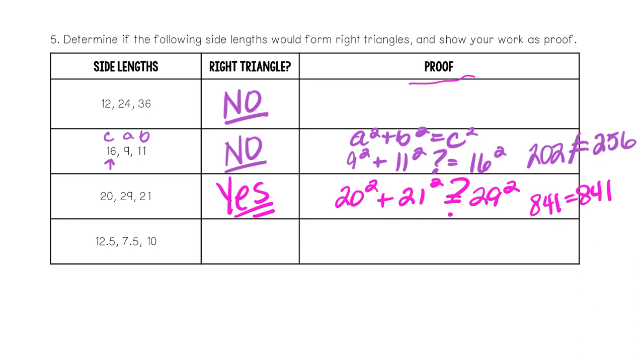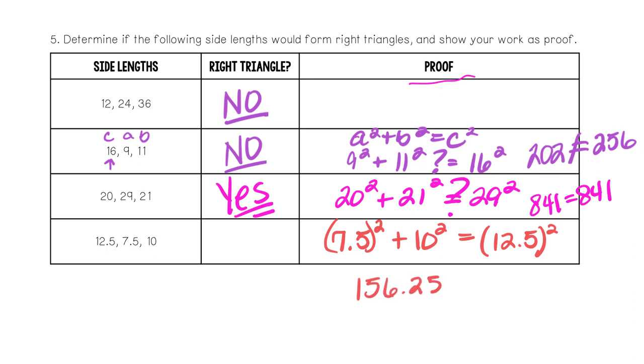Now, last but not least, let's try this one here. Of the three lengths, 12.5 is the longest. So my legs would be 7.5 squared, and I'm going to put that in parentheses, plus 10 squared, and I want to make sure that that is equal to 12.5 squared. I actually ended up with 156.25 equals 156.25. So in this case, it balanced, and that means